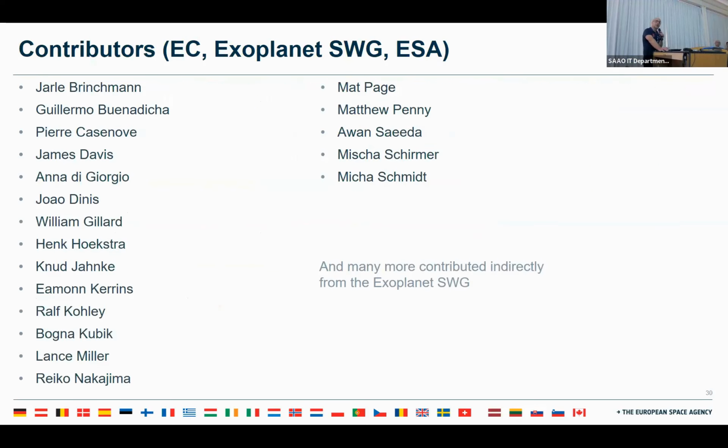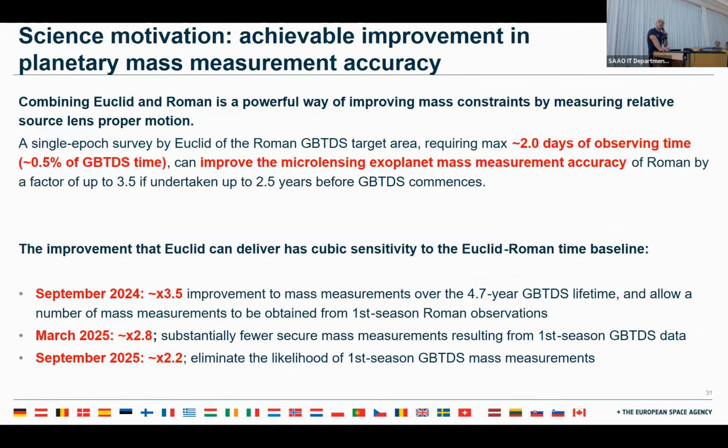I would like to show the contributors who made the work that I'm going to present on the optimization of the program. There are maybe many more from the Exoplanet Science Working Group, not listed here, but present here or who contributed. So the motivation of having an early epoch with Euclid is the gain